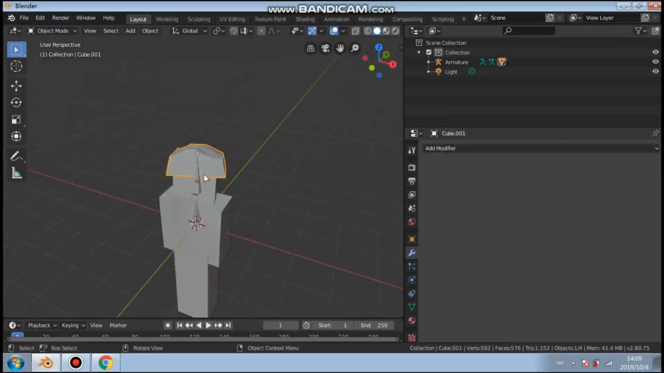Now one thing else I forgot to mention before we added the skeleton was with the hat I also